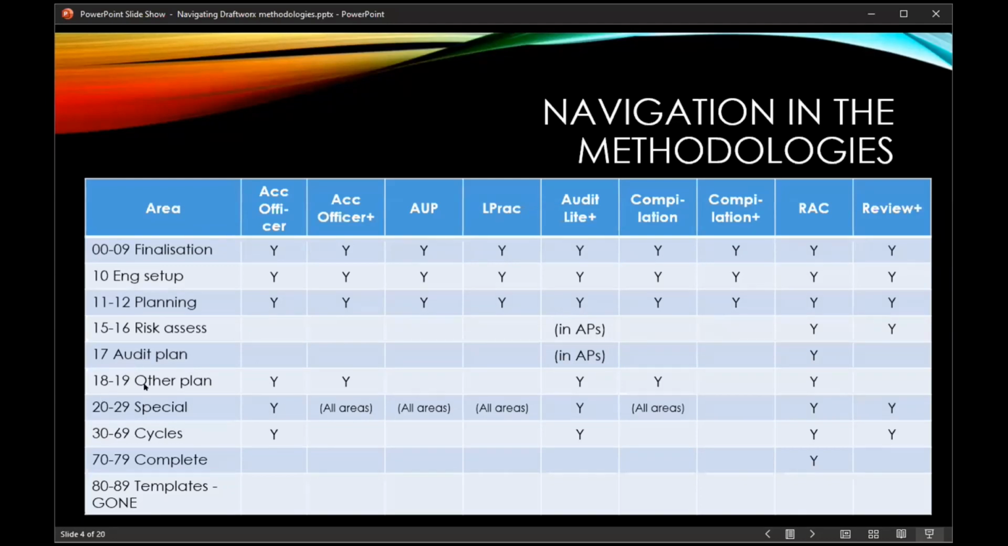Then you will see that there are various other planning documents in section 18 and 19. And these have reduced substantially. I'll show you why in a moment. But in particular, under RAC, there are one or two very important ones in section 18 that I will show you. But otherwise, the other areas, those are largely just additional working papers that may help you in the course